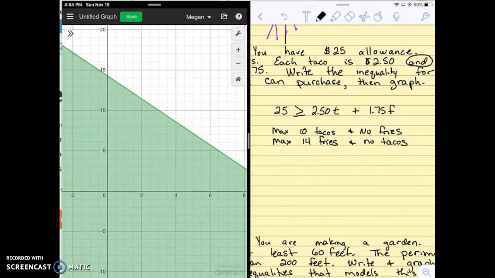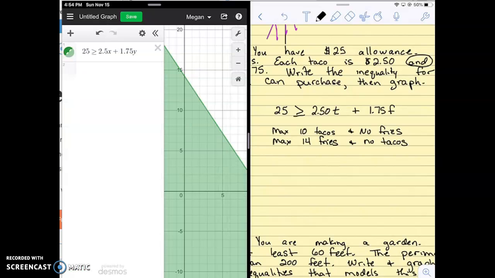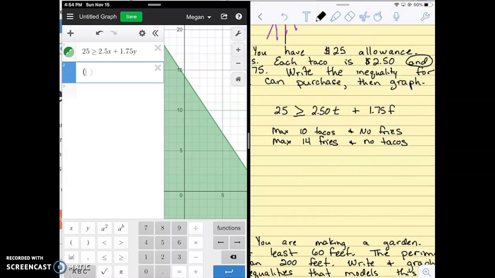So I could have 2 tacos. So if I went over, well, let me do it this way. I could have 2 tacos, right? And 5 fries. Because check it out, 2, 5 is inside my solution area. I could also have 5